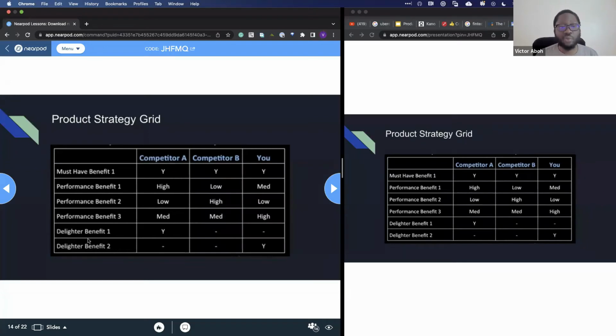And then you want to try and have 1, maybe 2 delighters, right? When you craft your strategy this way, it gives you a holistic idea of what you want to end up building. And it gives your product teams an idea of what to start testing, brainstorming around, and asking customers in interviews about.